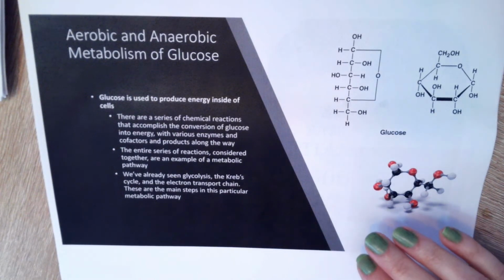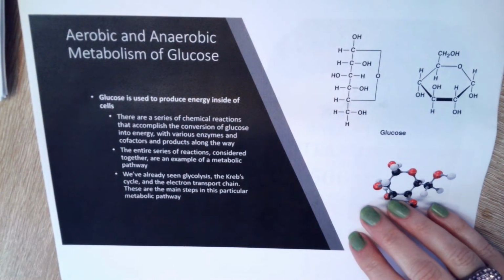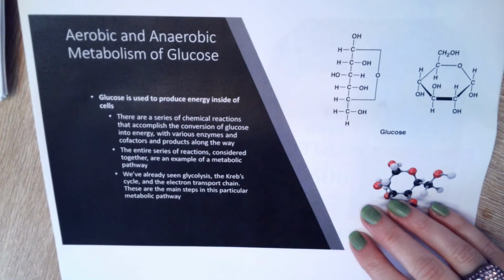Okay, so now we are going to be talking about aerobic and anaerobic metabolism of glucose, which you might say, well, we've kind of been talking about that anyway when we're talking about glycolysis and then running through the Krebs cycle, and you would be completely right. But now we are going to be looking at those not from the metabolic pathway point of view that we have been really looking at, the different chemical reactions and transport mechanisms of the molecules,